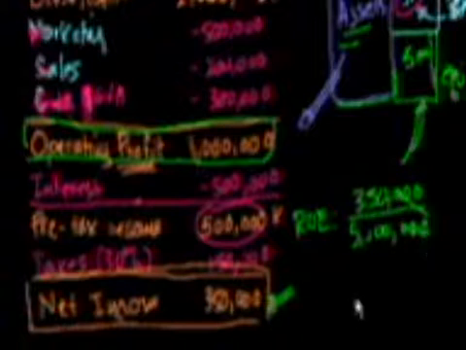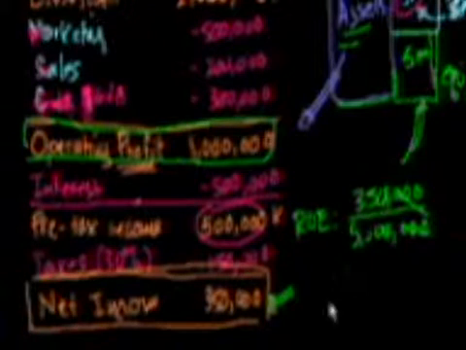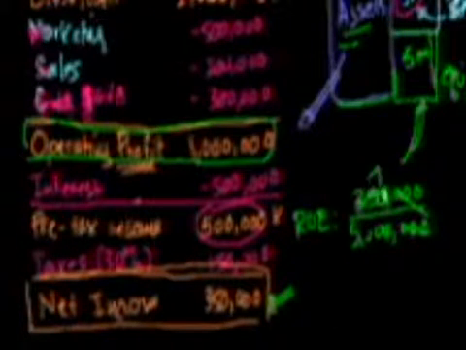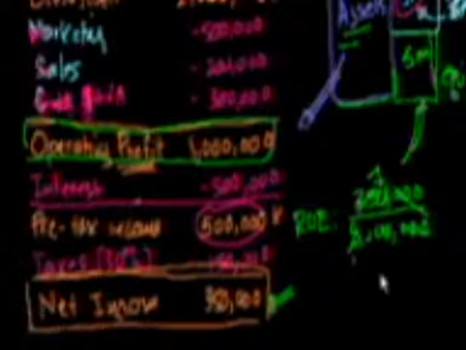Let's cancel some zeros out. So it's like 35 over 500. 35 over 500 is the same thing as 7 over 100. So it equals 7%